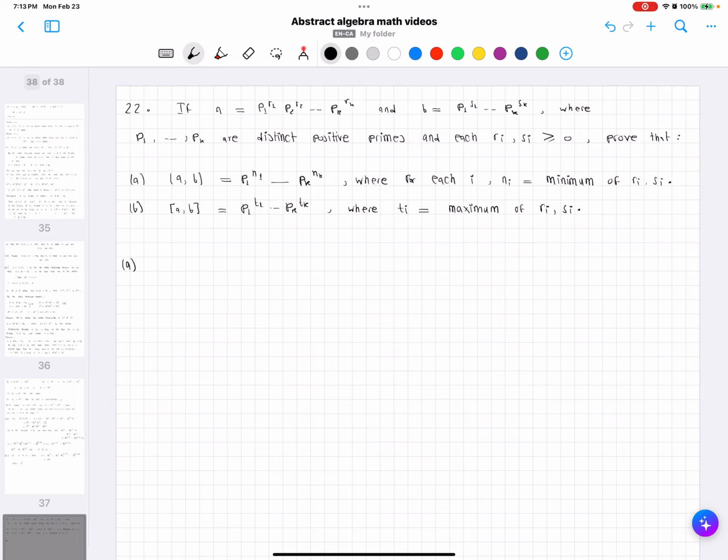If you have the highest common factor, it would be some multiplication of those prime factors that appear in both. In particular, since we want it to appear in both, it's the minimum power of both